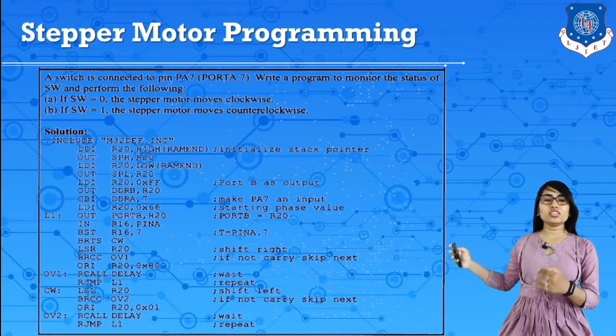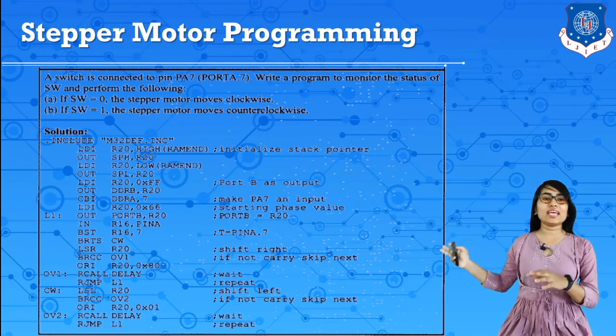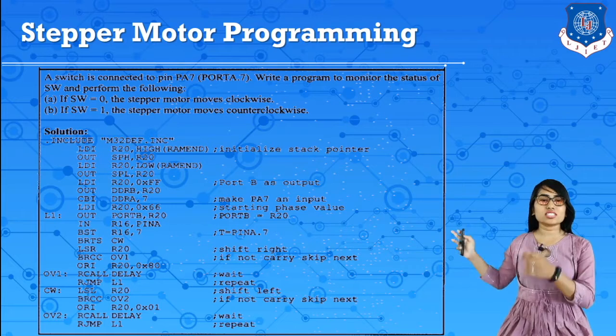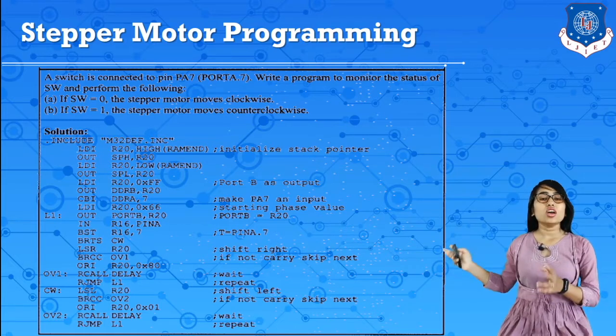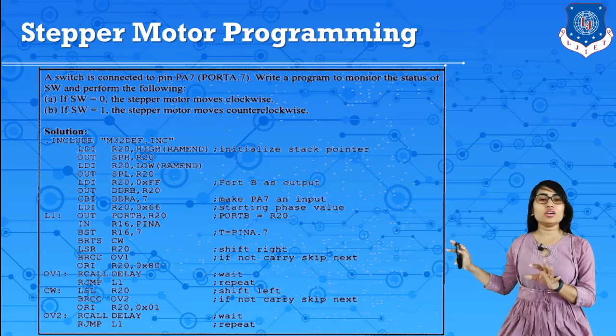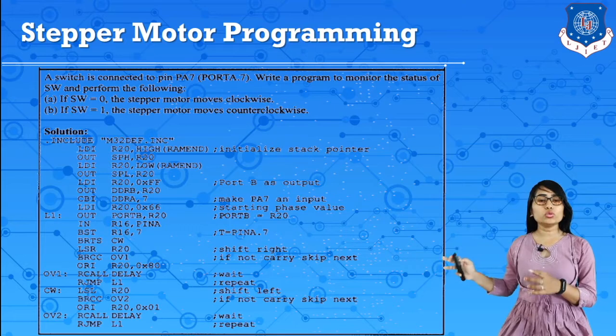Now here read the values from pin A, then test the 7th bit to see whether it is 1 or 0. If it is 1, then shift data in the right direction. Whatever the value in 66 then goes in the right direction. If not, then carry skips, and here there is another phase angle that is 80. So OR R20 with 80. So 66 plus 80 we have a movement. And after that there is a wait to produce a delay.